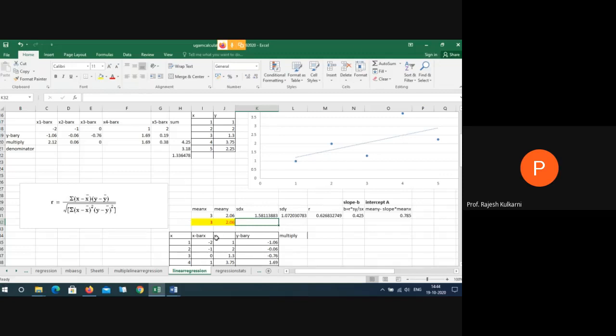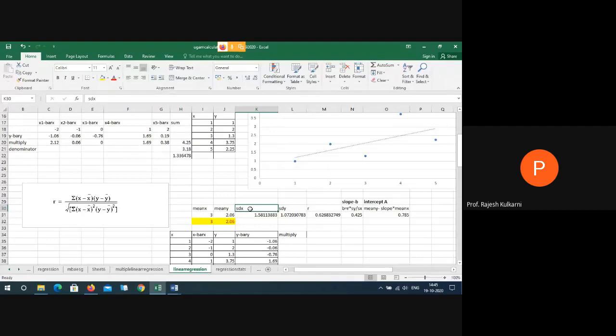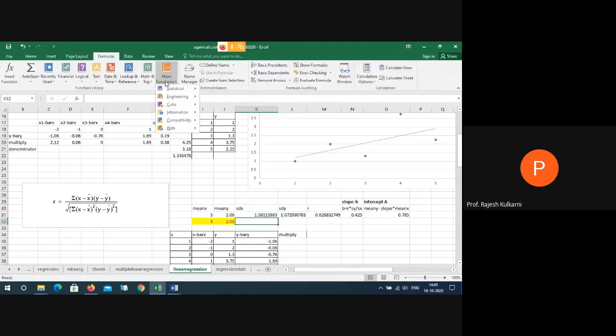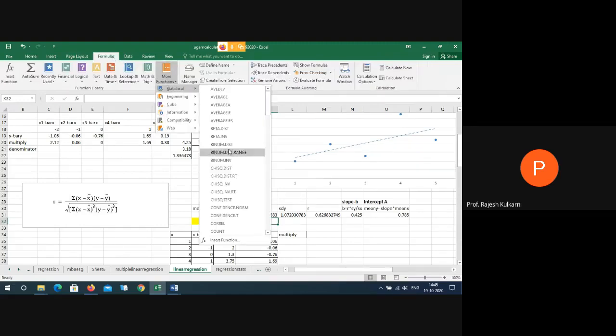So what I'll do here is I'll just calculate the SD of x, which means standard deviation of x. I'm going to calculate the standard deviation of x. So again, I'll go to formulas, more functions, statistical, and standard deviation.